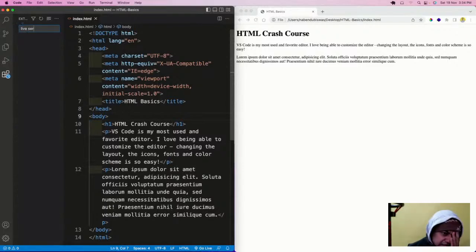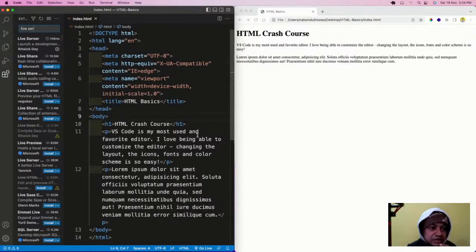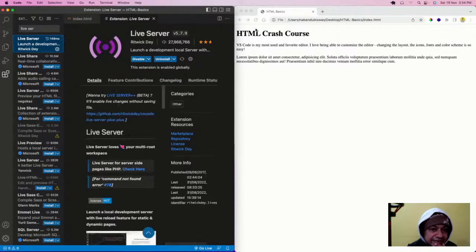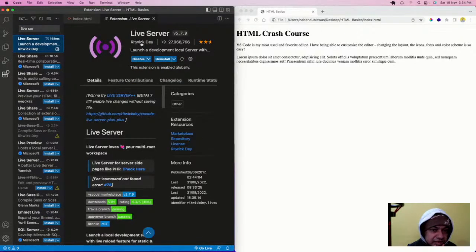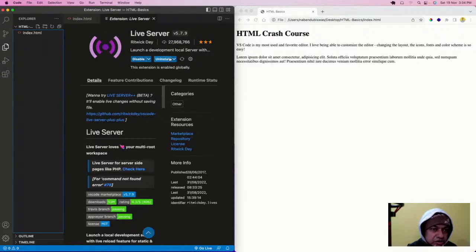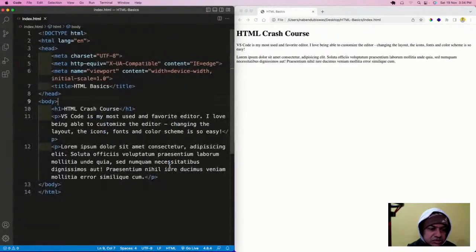You have to install this package, Live Server. You'll see the first package from Ritwick Dey. Only this package from Ritwick Dey, you install. It has got more than 2 crore downloads. You just have to install it. It is very easy, you do not ask 100 things, just install it. I will get a disable, you'll get an install. Just click on it and it will be done. So that is it. Now this index.html is there like this.